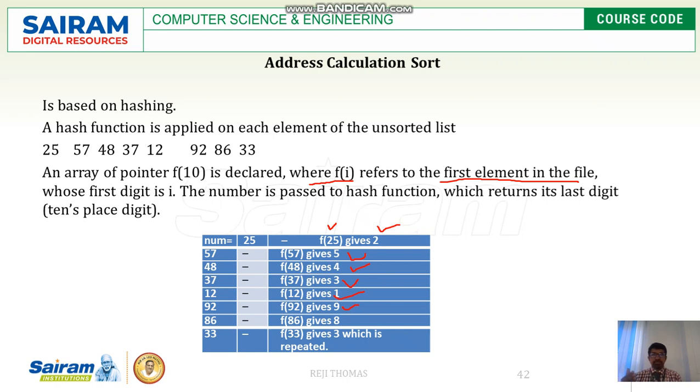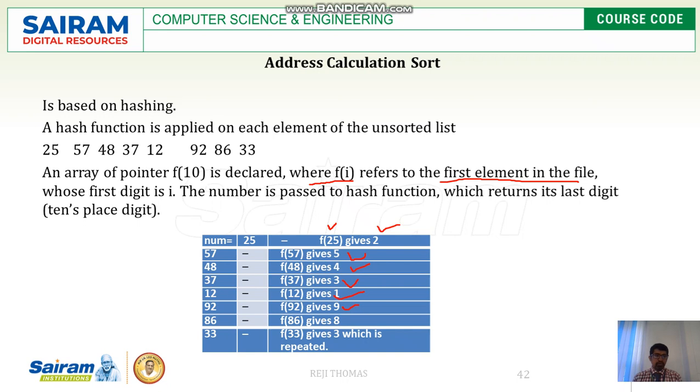In radix sort, we use something called buckets or classes. Based on the given data, if it is numbers, we can take 0 to 9, 10 buckets together. If it is for alphabets, words or names, we take 26 buckets or classes, which we call the radix, because we have 26 alphabets. Next we find out the number of passes. If the highest number has three digits, we are going to make three passes.